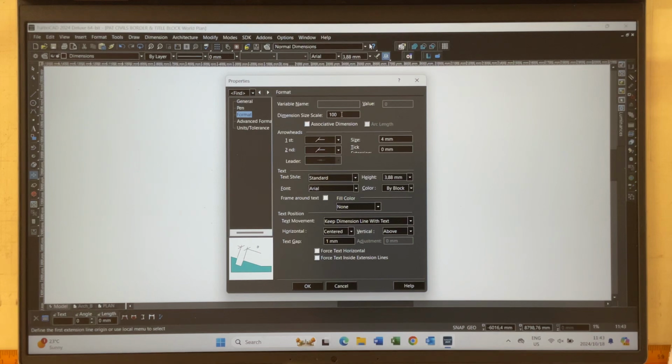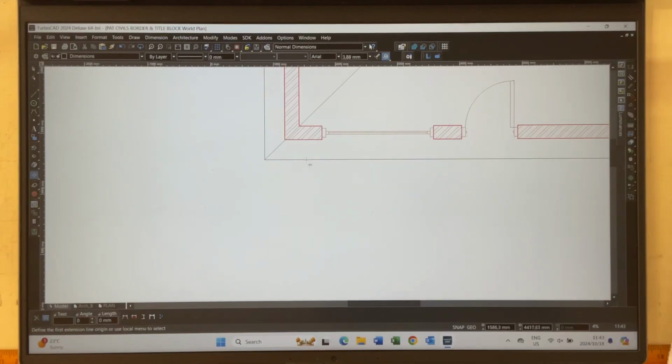The scale of this is 50. Change where it says dimension size scale to 50, and you say OK. Once you've done that, you can then click in on that wall over there, go across to where it's over there, bring that down over here. You can go clicking in over there, wall over there, coming across to where it's the door over there, knock that in over there,